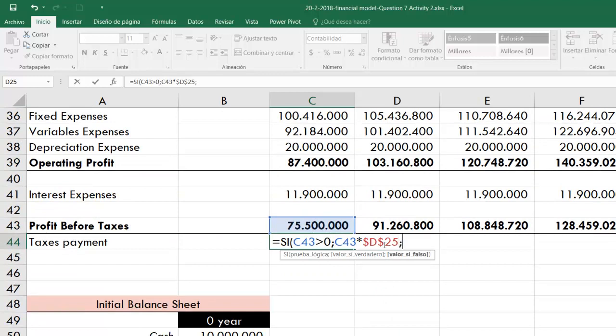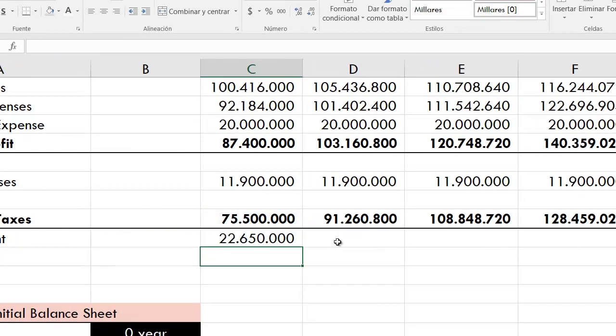If not, we pay no tax at all. Actually, in reality, some tax agencies will charge a basic tax payment on income, even if the company makes a loss. But for our basic model, we will consider that there's no payment. So here we should be paying 22 million pesos on taxes whenever we make this 75